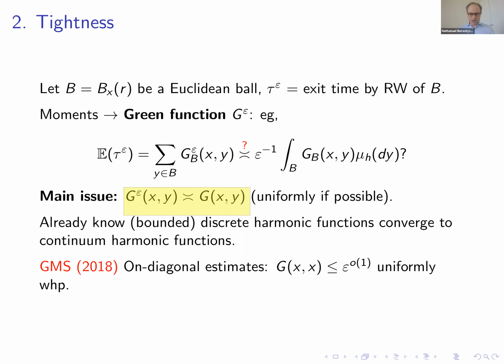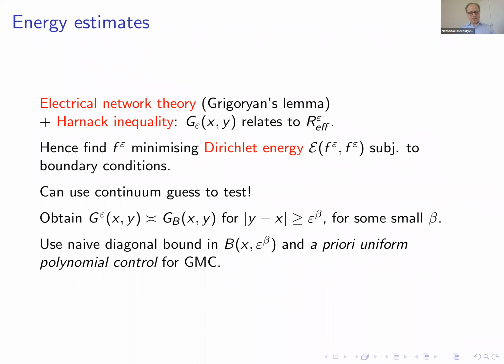And furthermore, they've got some pretty weak estimates on the on-diagonal behavior of this Green function. So that's a very good situation in which to begin. And basically, I won't really say it because of lack of time. But in order to prove these up-to-constant estimates, what we do is we play with energy estimates and